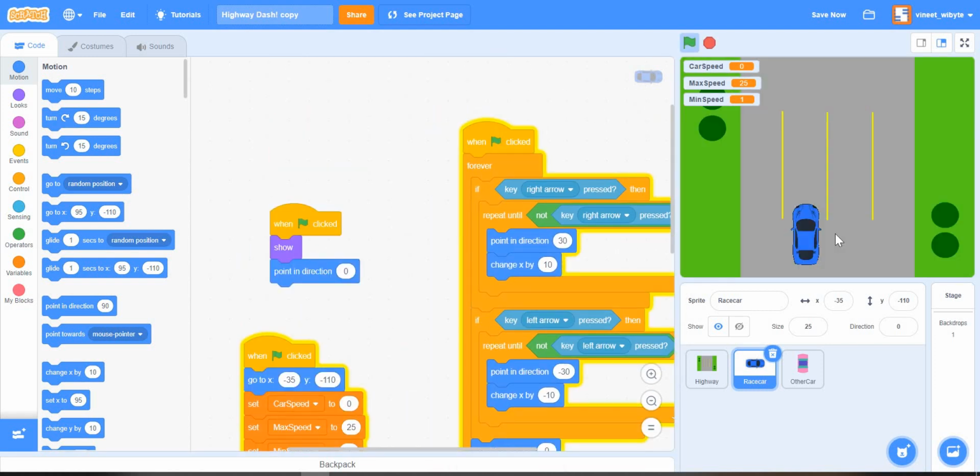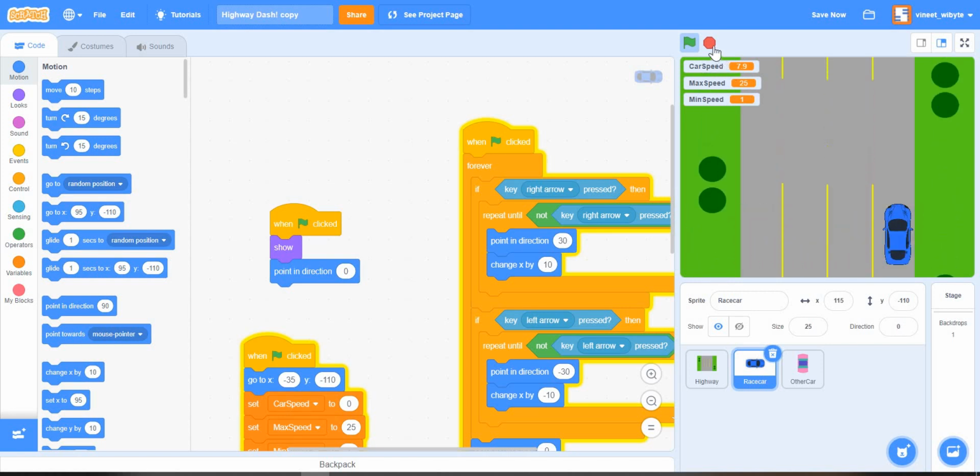So with that, I've got this situation where my car can move left or right, and it's quite nice. And of course, upwards, it can move with an accelerator. The speed goes up to a maximum of 25. It feels pretty good. And then I can brake this car, right, if I want to. And then the car is moving left and right. Car is moving quite nicely. And all I need now is a little bit of code to say that, look, now I'm going on this road. I do not want that to happen.